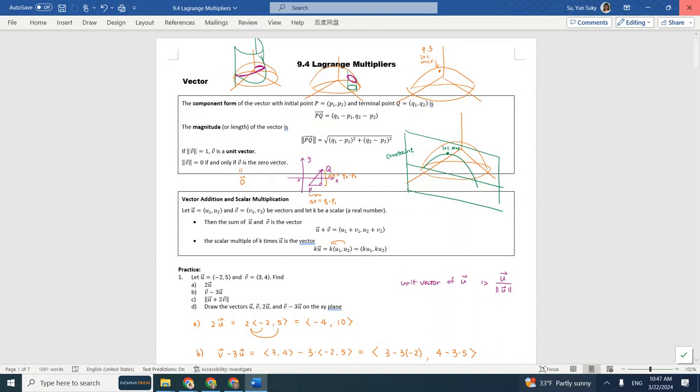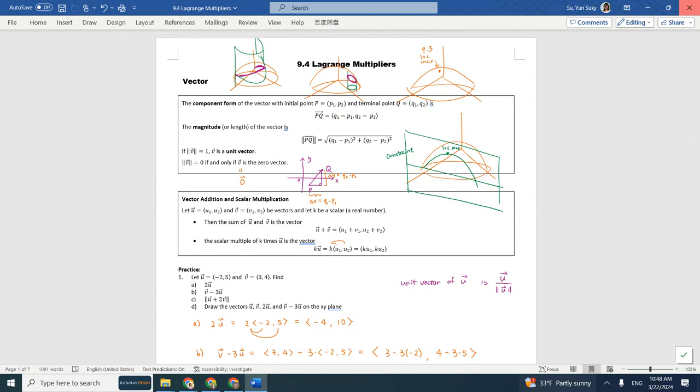So you can find which one is maximum, which one is min. But like this picture or this picture, you only have 1 point, but then how do you know if it's a maximum or min? You pick any other point on your constraint and plug in your f to see if that number